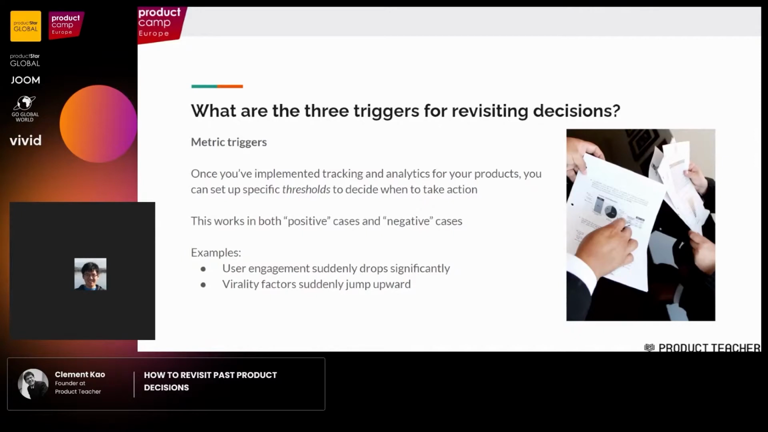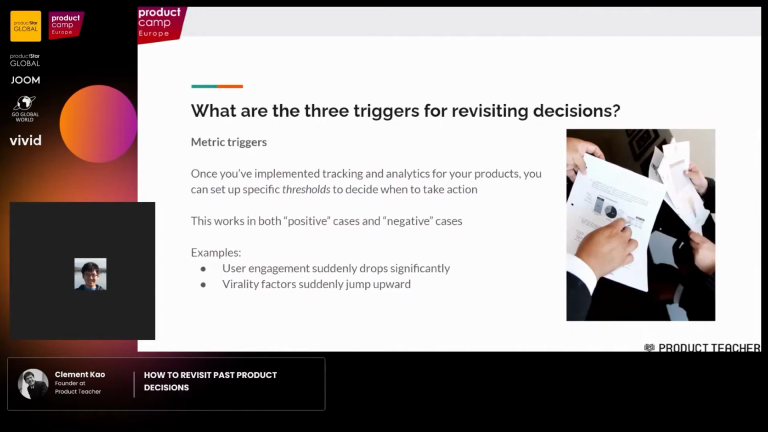But I think something that a lot of organizations and a lot of product managers don't have in place is looking at metric triggers in the positive case. So as an example, what if your virality, your word of mouth, suddenly jumps upward a lot more than you expected? Well, many times what organizations will say is, oh, well, that's great. We have this unexpected upside, and then we do nothing with it,